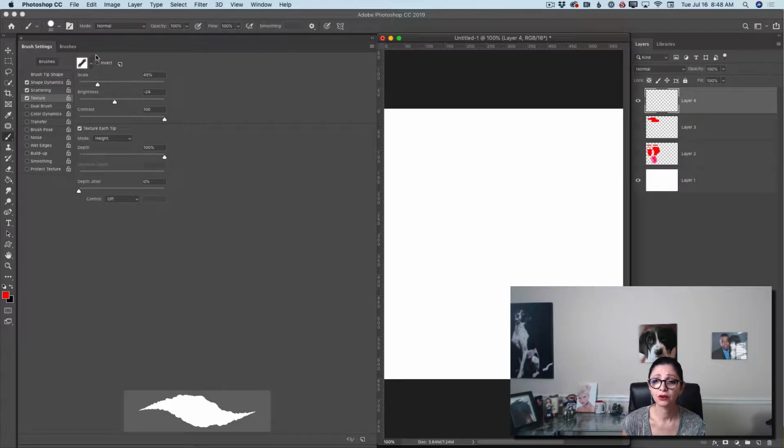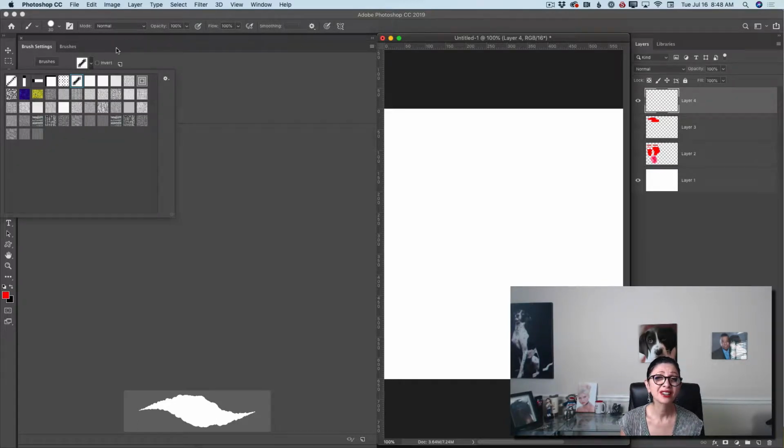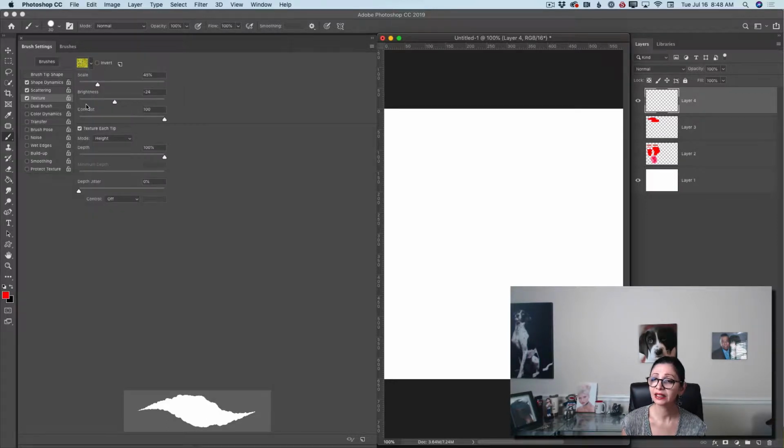If you click on this arrow icon, you will be able to choose different texture from this drop down menu. Let's click on this beautiful green texture. It's like summery or springy. So let's click on it, and now we apply the texture to our brush, but we need to modify a few settings. First of all, if you click on this invert box,